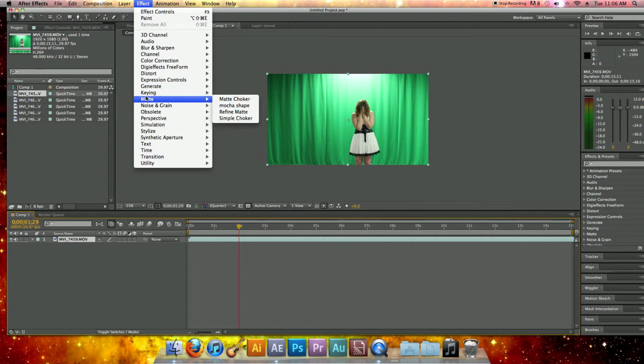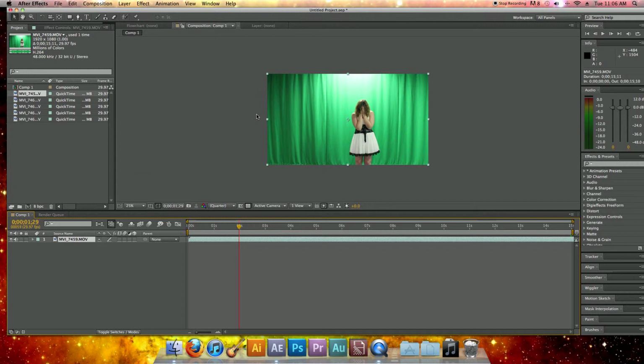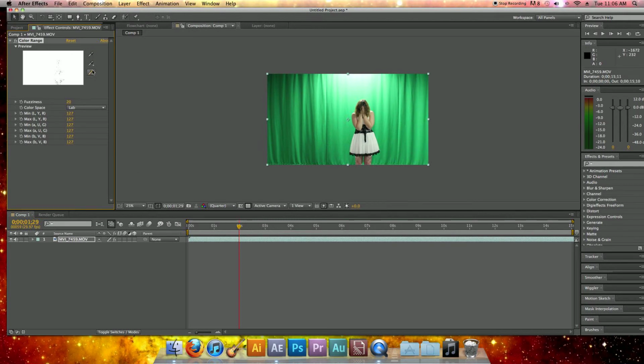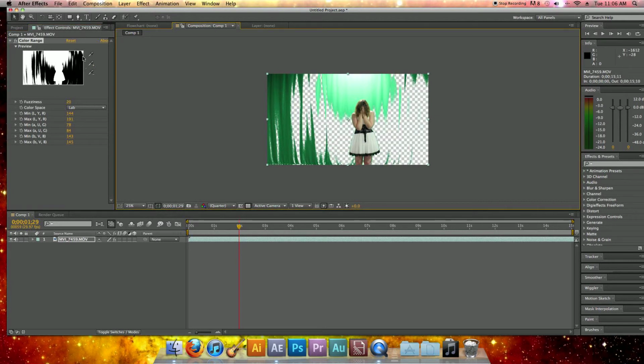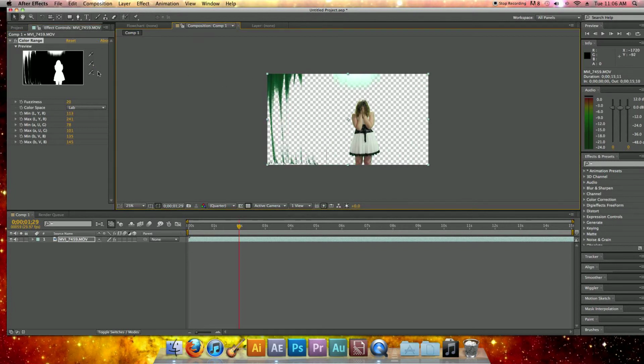I'm going to go to Effect, Keying, Color Range. And under this one you have these 3 little droppers. You're going to take a base sort of thing and then use the add one to do any additional saturations. And then you can just keep on doing that until you get a pretty decent result. The problem, of course, with this one is that it's quite bright, so I'm going to do Command, Undo,